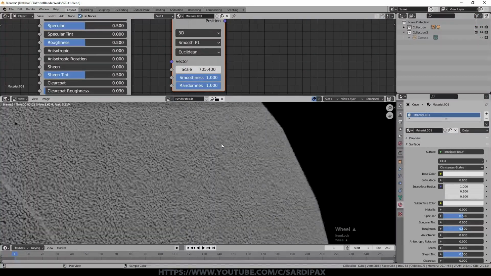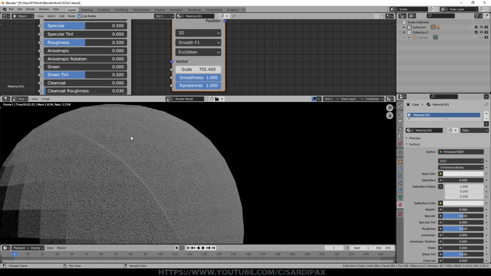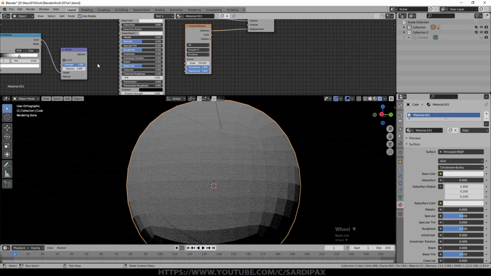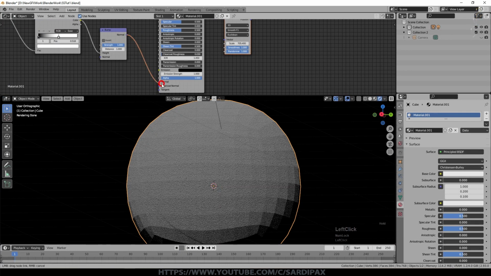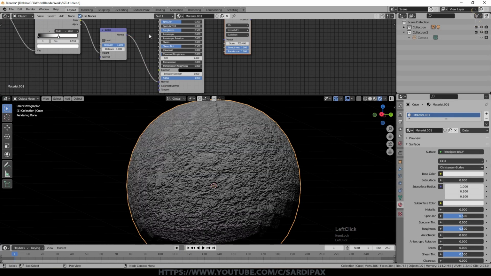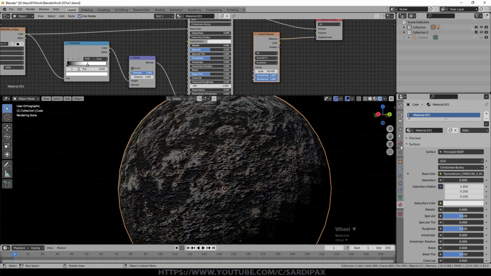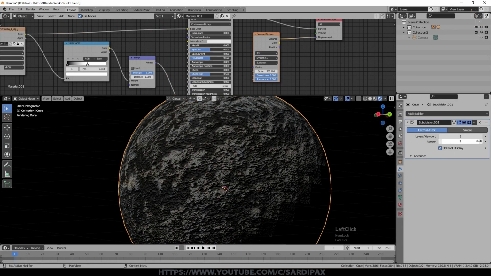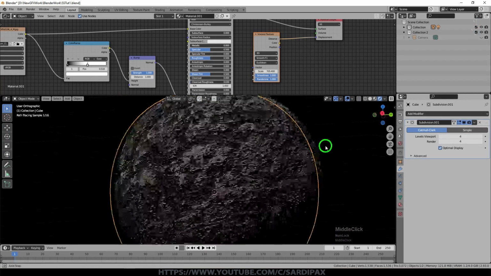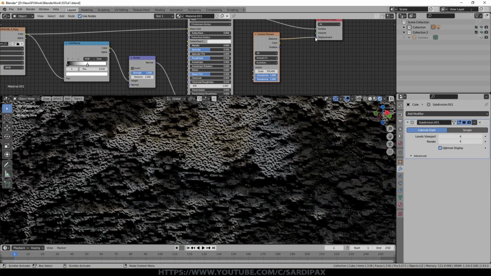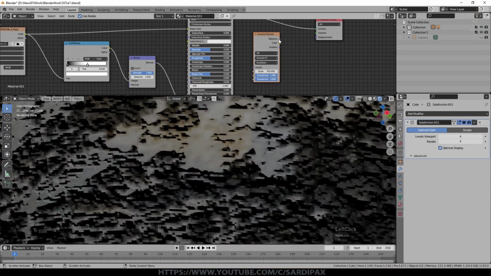But when we render, all of that is rendered equally. So it has to render that level of detail, whether it's close to the camera and we can see it, or far from the camera and we can't. So I'm just putting everything back the way it was. We've obviously still got some artifacts there from the relatively low resolution that we're using. Just turned it up a little bit. So that Voronoi texture has just added that fine texture into there. If I take it off, you can see it disappears.